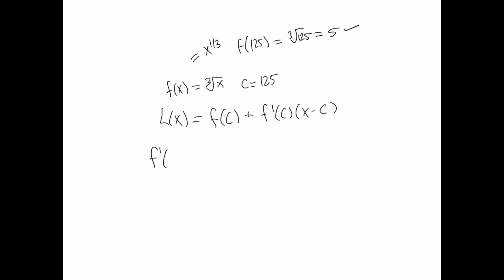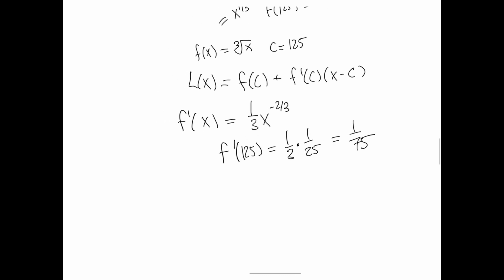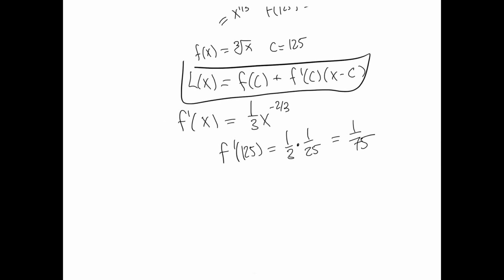Now let's go ahead and take the derivative. So f prime of x is going to equal 1/3 x to the negative 2/3. So f prime of 125 is then going to equal 1/3 times 1 over 25, which is equal to 1 over 75. Thus, our L of x is going to equal